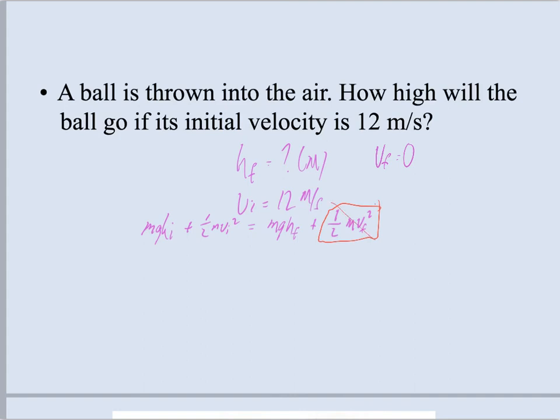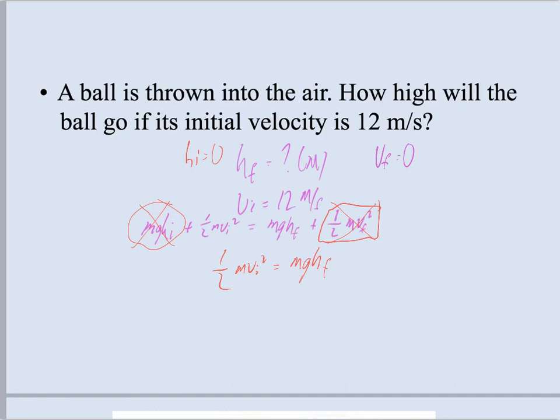Well, if VF is 0, we can say bye-bye to that. How about over here on the left? When I throw the ball into the air, what is my 0 line? What is my resting position? What is my initial position, my height? Wouldn't that be where I'm letting it go from my hand? So wouldn't the initial height be 0? So what would happen to this guy here? It goes away. Now we're left with 1/2 mvi squared equals